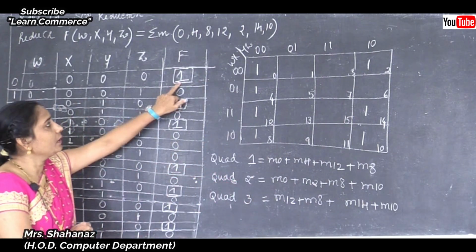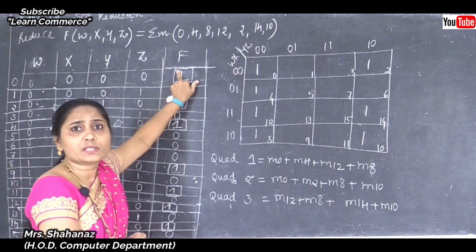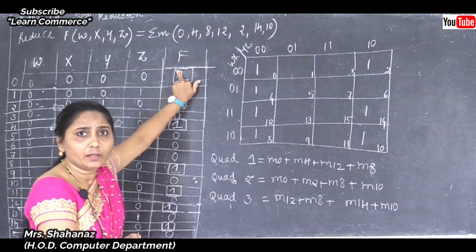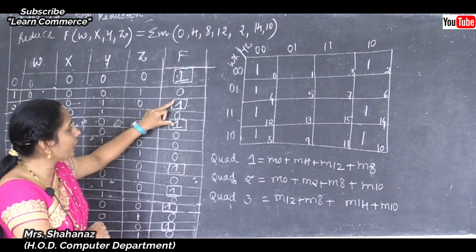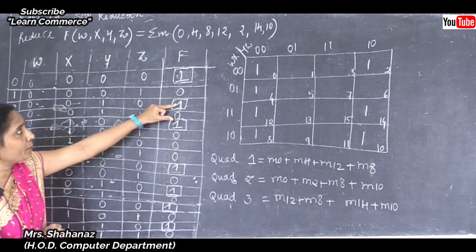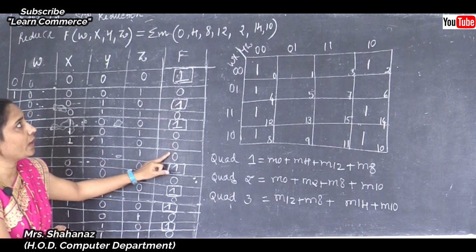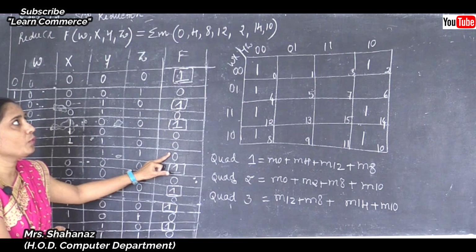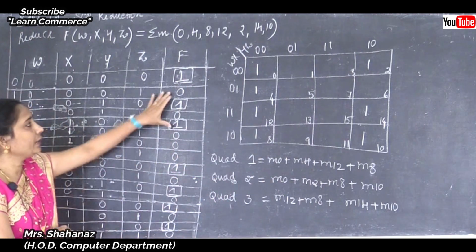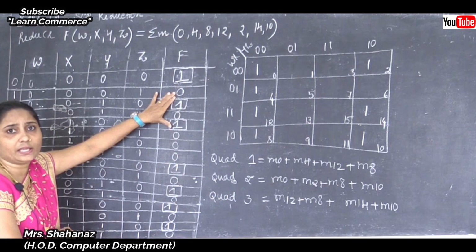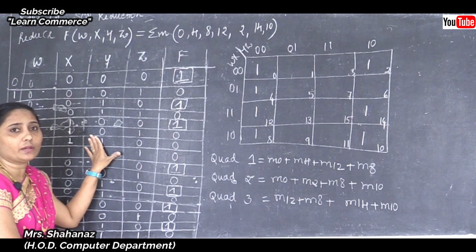And one more column depends on the numbers in the question. I am taking the value for such numbers as output 1. So in place of 0, output 1; 4, output 1; 8, output 1; 12, output 1; 2, output 1; 14, output 1; and also for the number 10, I am taking the output as 1, and in the rest of the places, I am using the value 0. Now, this is called step 1, prepare the truth table for a given function.